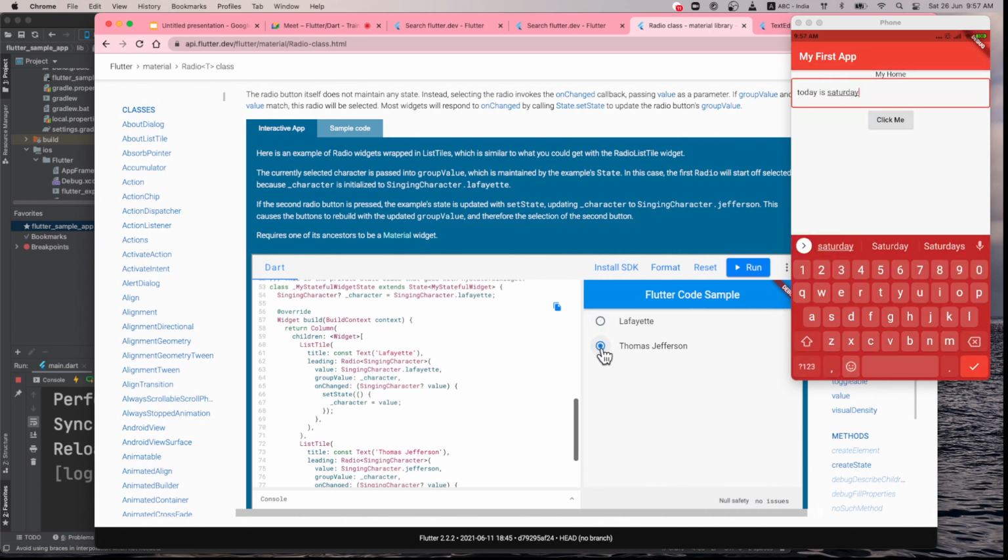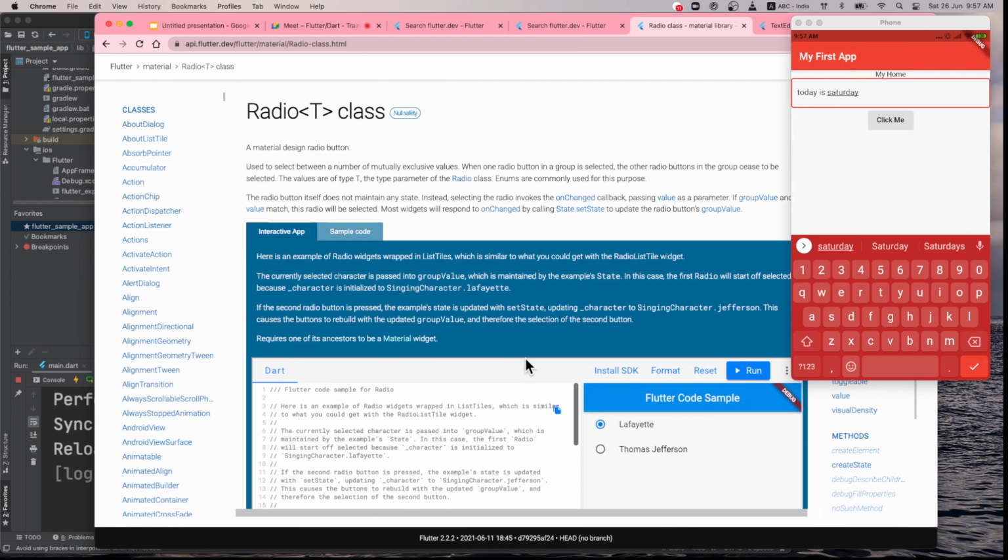For example, say you want to create a quiz application. In the quiz, say what is the capital of India, and you want to give four options like Mumbai, New Delhi, Chennai, Kolkata, and once you click on the correct option, you will say yes, this is the correct option. Then you will be using a radio button.